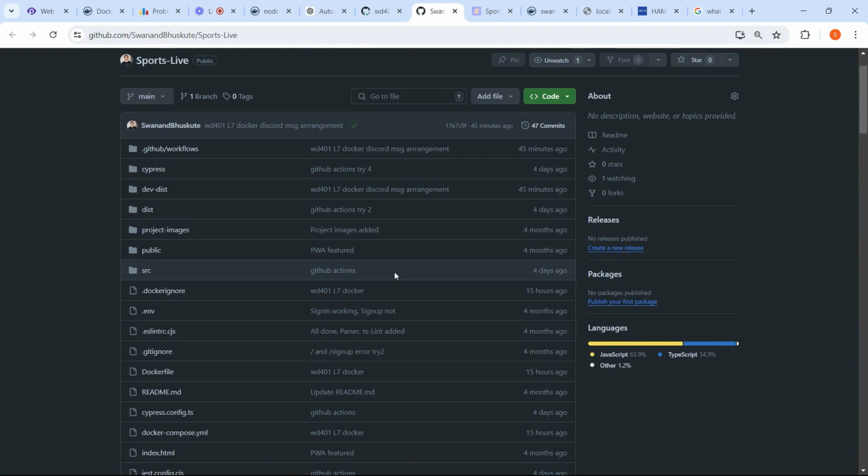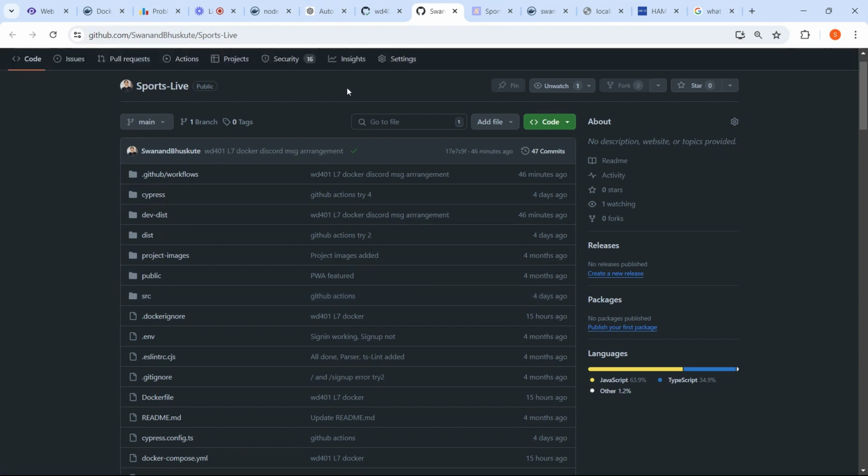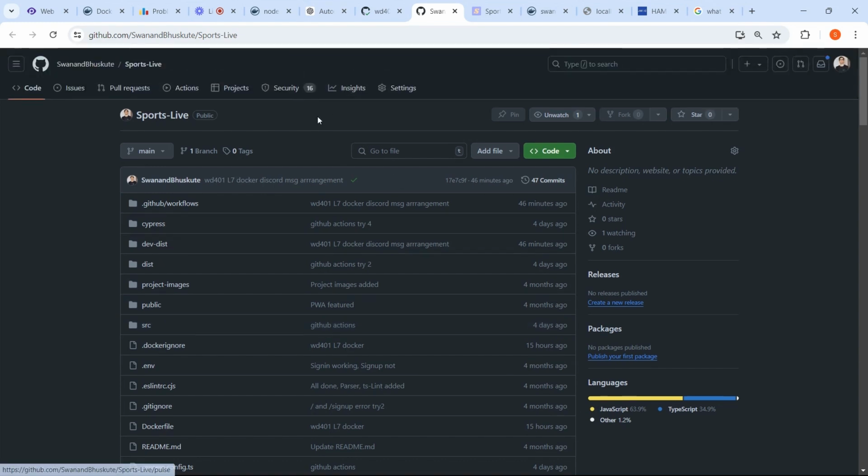So I am making this submission for WD401 M5, that is L5 plus L6 plus L7. In this we have to dockerize our project and then execute a CI/CD pipeline for that, and then also send a notification through Discord or Slack about the success or failure of the pipeline executed. So for that, I have chosen my WD301 capstone project, that is the sports live app. I have dockerized it and executed a pipeline, and I used Discord for sending the message